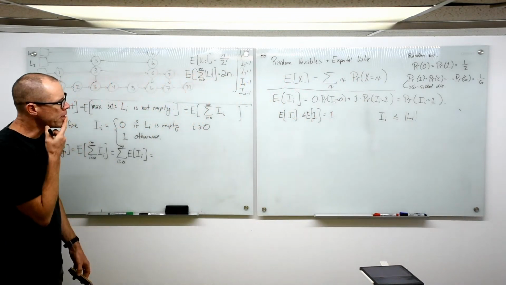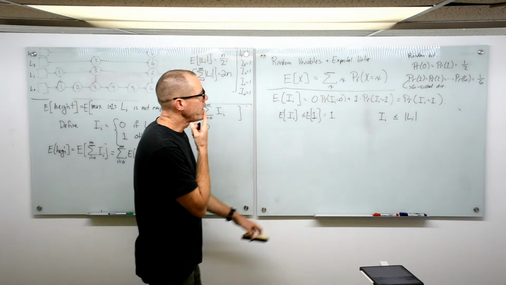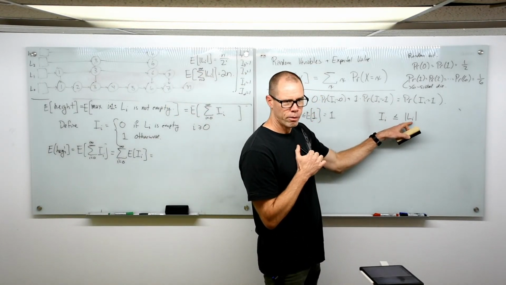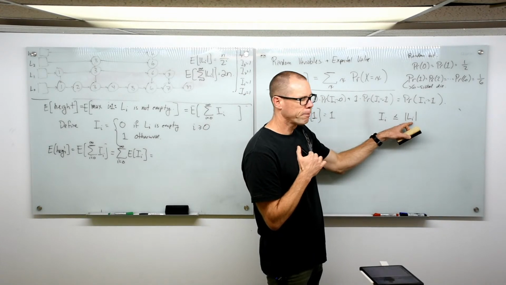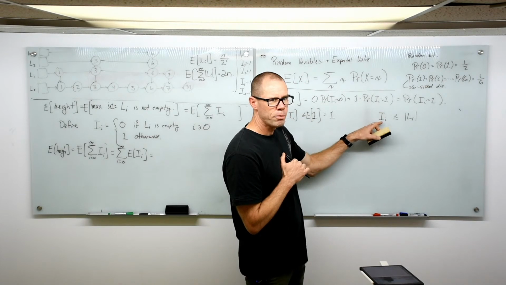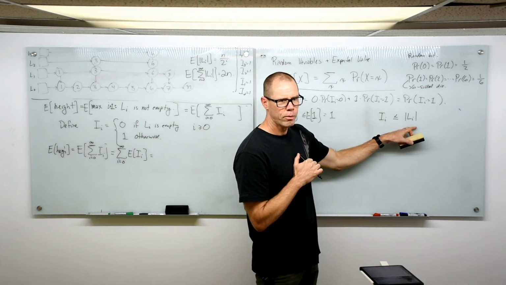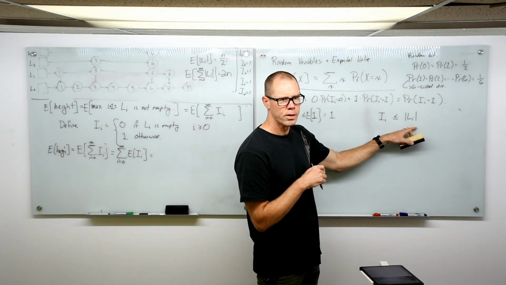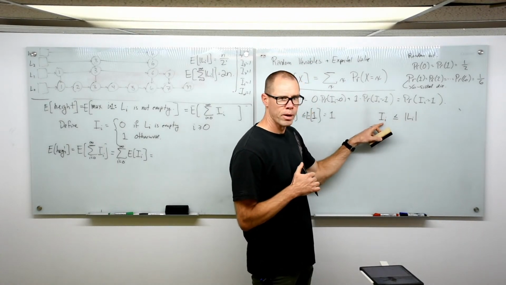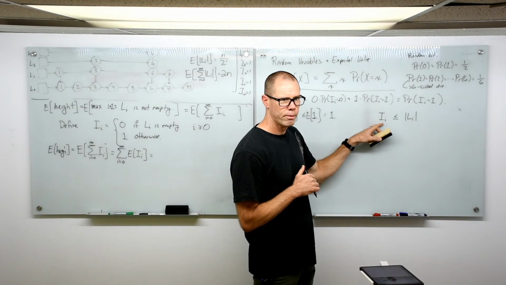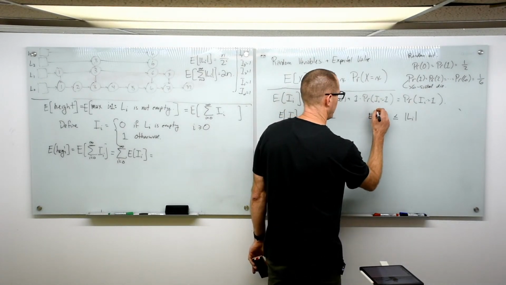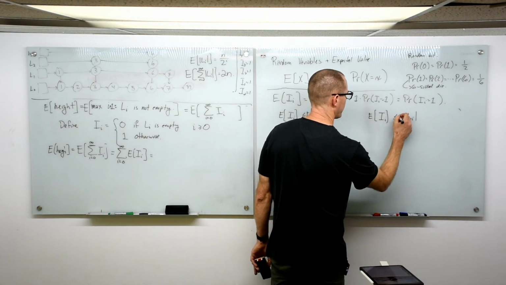Let's think about that for a second. If I_i is 0, that's because L_i is empty. If I_i is 1, that's because list i is not empty, which means that the size of list i is either 1, 2, 3, 4, 5, or whatever, but definitely bigger than or equal to 1. So that's also a trivial thing,